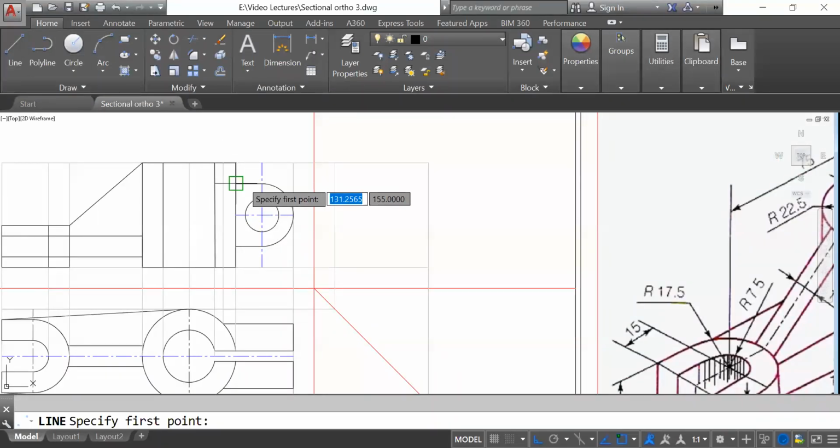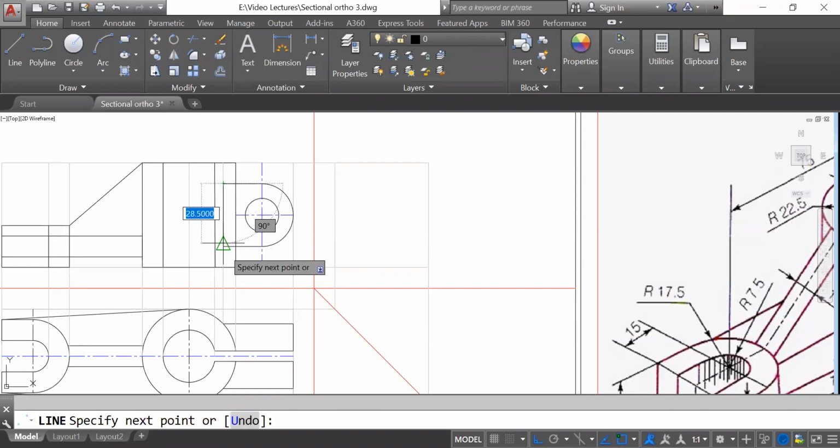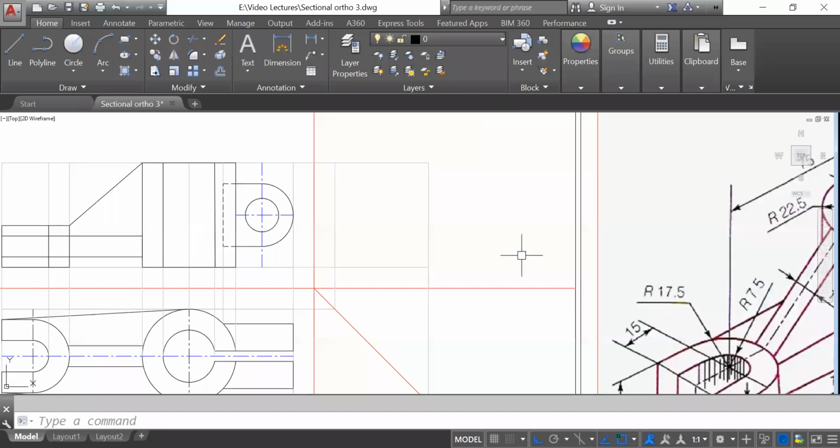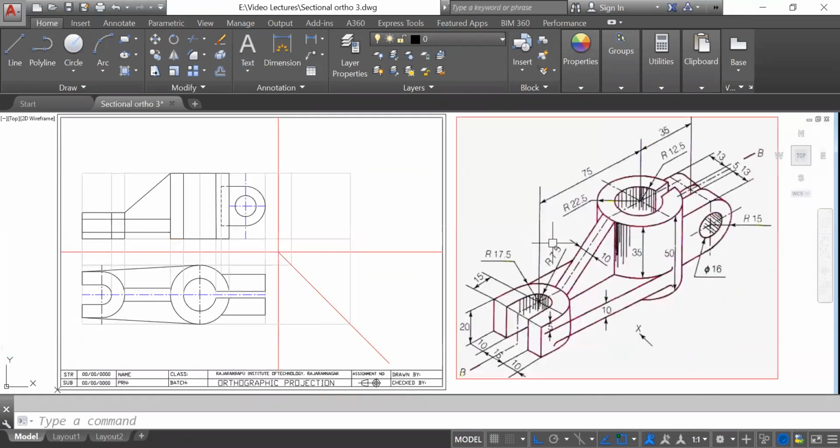So I will join it by hidden line. Okay, so this and this should be hidden line. Okay, that's it. Now this is how it is completed, almost front view.